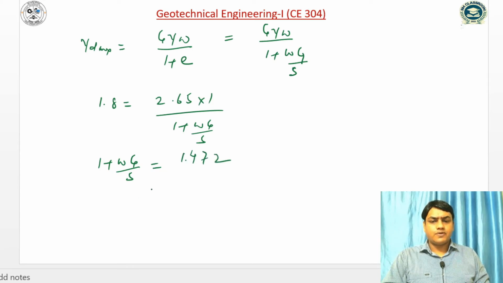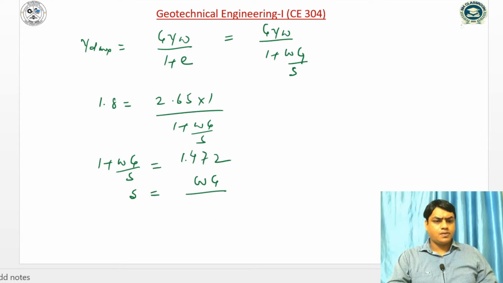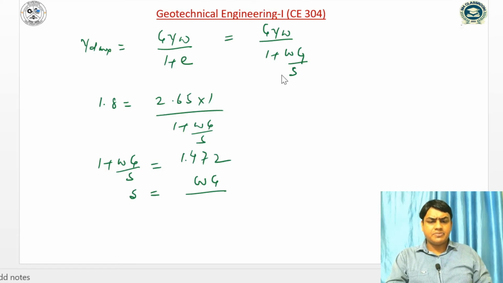So if I compute the value of degree of saturation, it will be degree of saturation is equal to wG divided by 1 minus 1.472 minus 1. So if I write the value of degree of saturation, that is wG divided by 1.472 minus 1, so it will be